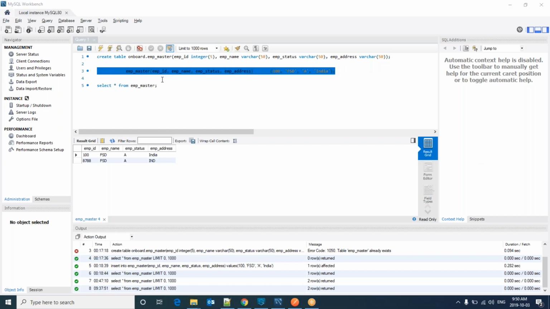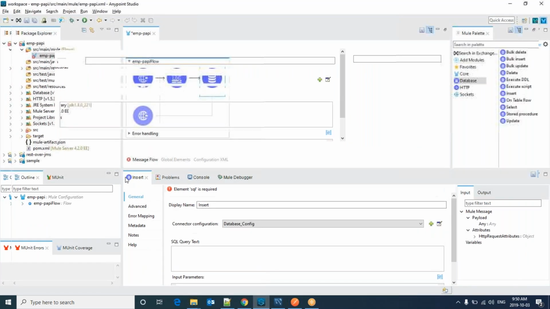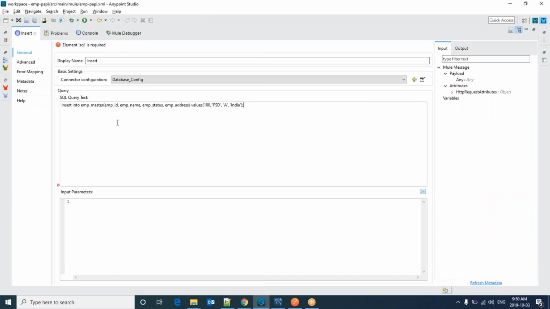Okay, I have already written the insert query. I'm just copy pasting it. Rather than hard coded values, I am going to inject them dynamically. Let me maximize it and paste here. In place of these values, I would like to have dynamic values. To do that, we know already we can go for named parameters by using the same column names. That will help us better understand the mapping between the database columns and the request